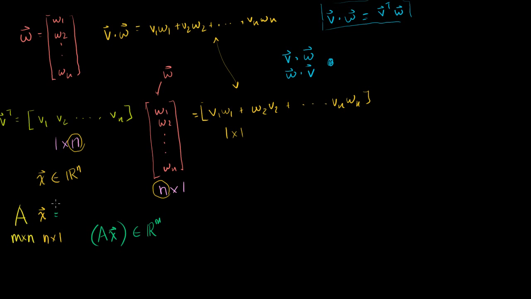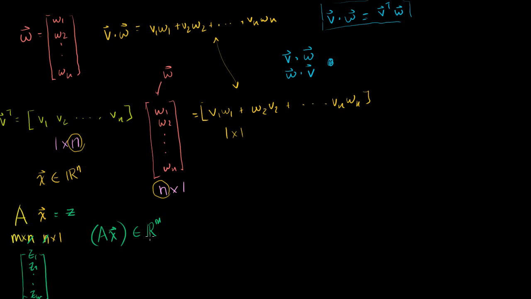If you said that Ax is equal to, let's say, z, z would have m elements. You would have z1, z2, all the way down to zm. And I know that because you have m rows in A. Well, you could say this is m by n, and this is n by 1. The resulting product will be m by 1, a vector that is a member of Rm. It'll have exactly m elements.